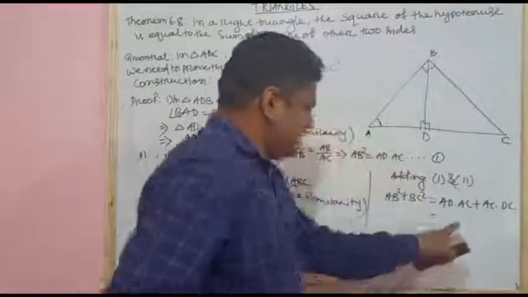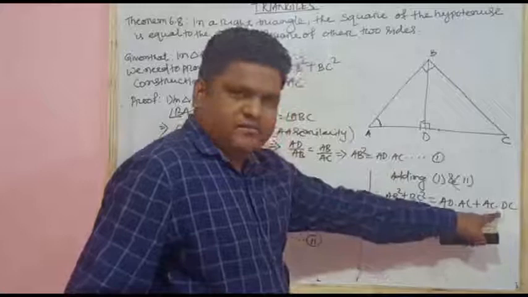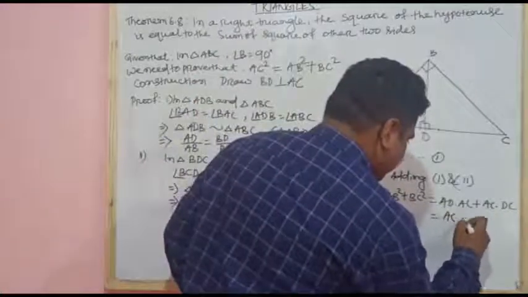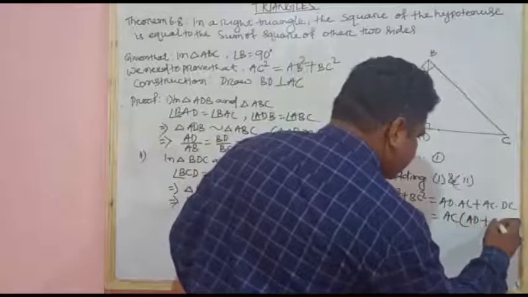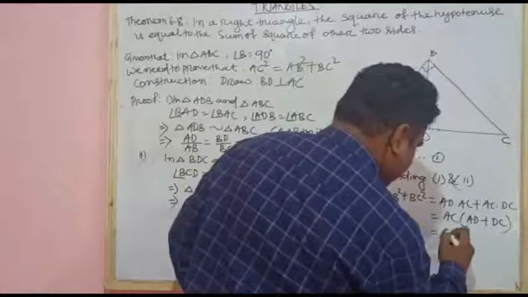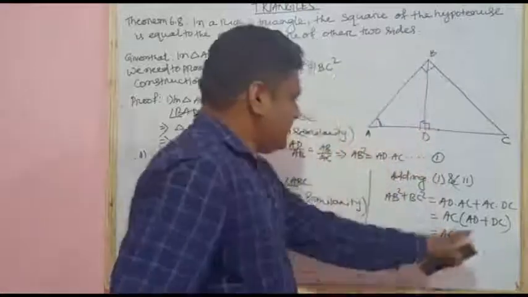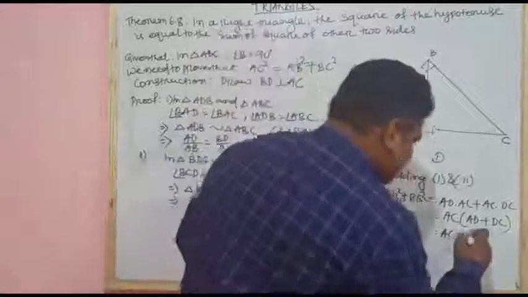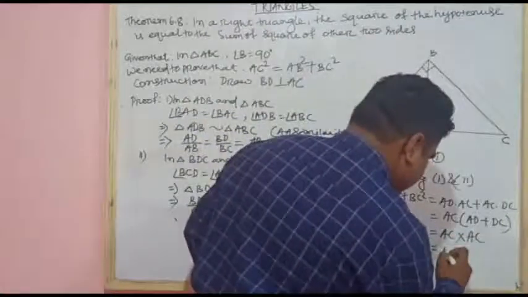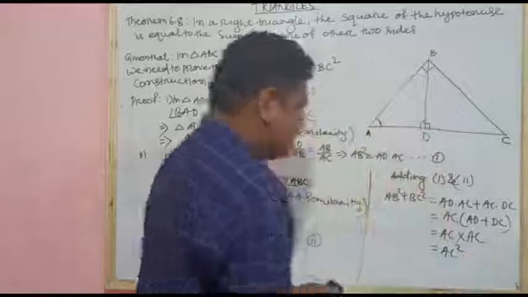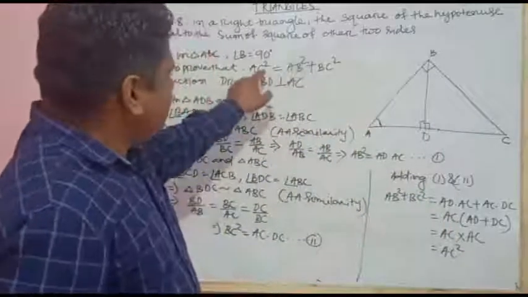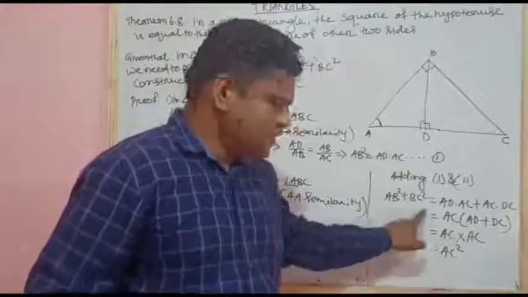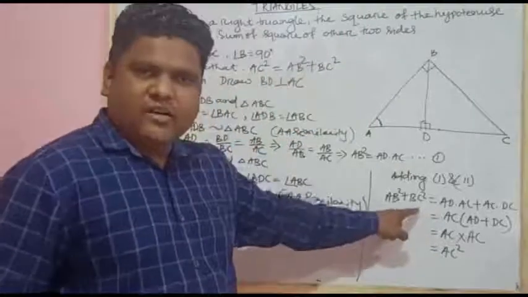From here, AC is common for both terms of this RHS. So let's take AC common: AC into AD plus DC. AD plus DC is AC. So AC into AC is AC square. So we have proved that AC square equals AB square plus BC square. Now our theorem is